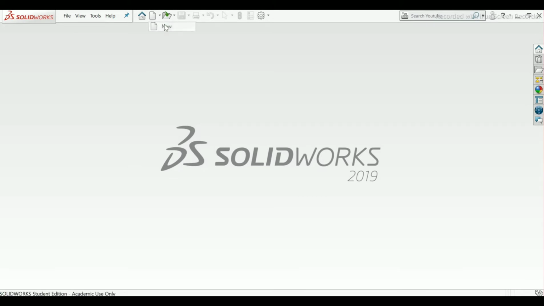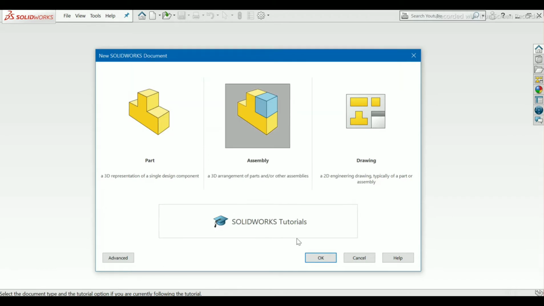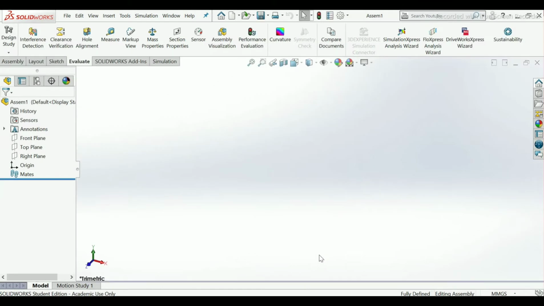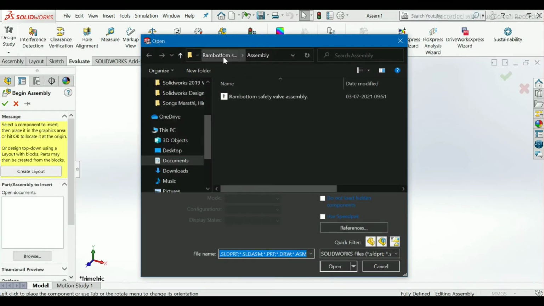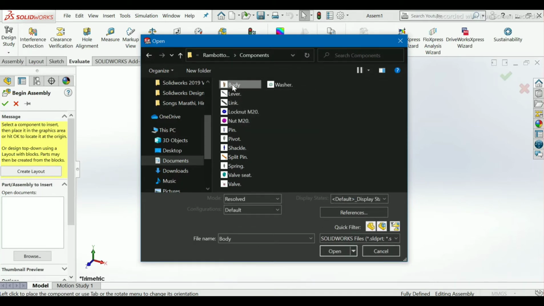Go to new, select assembly, click OK. Take components of folder, select body, then press Ctrl so that we can select all the components of our assembly.